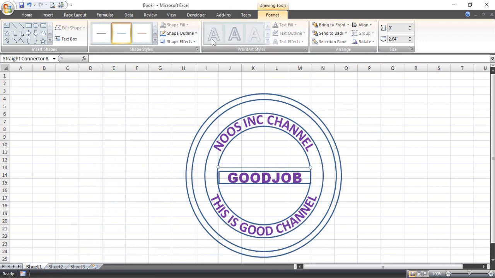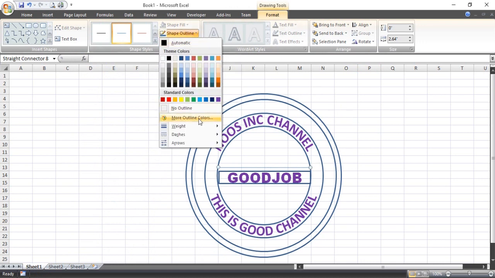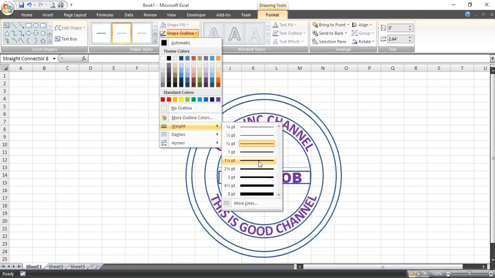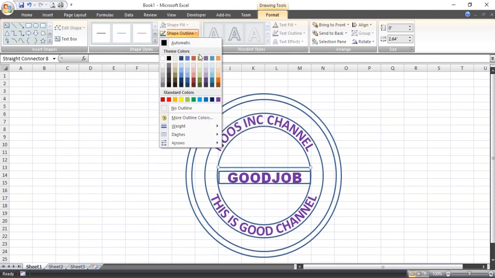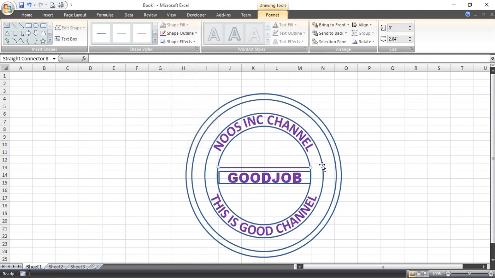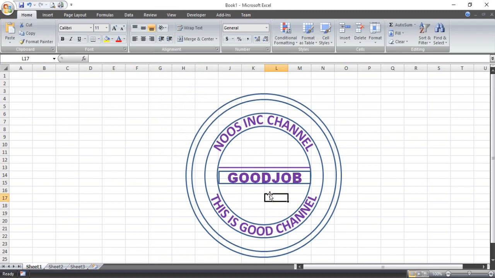Okay, we select shape outline and select width and change the color you want, for example, and then copy this and place it on the other side